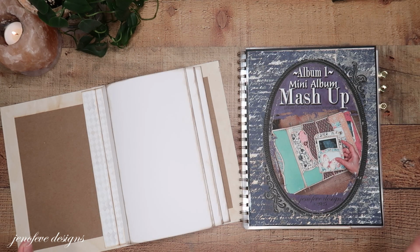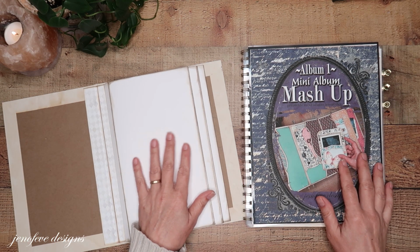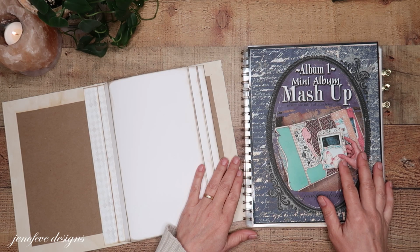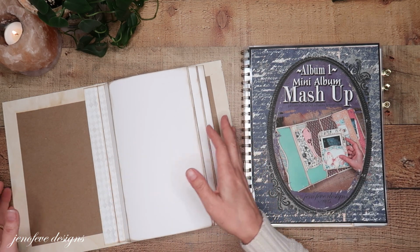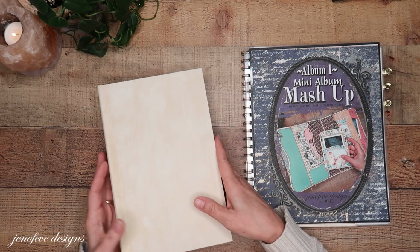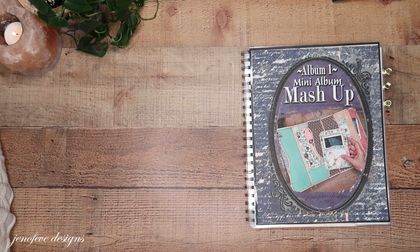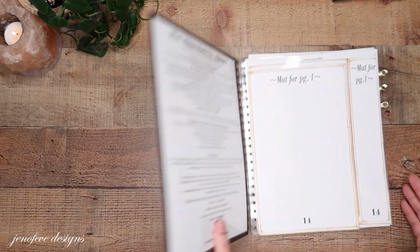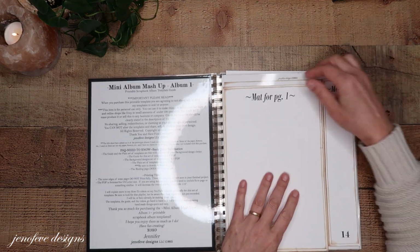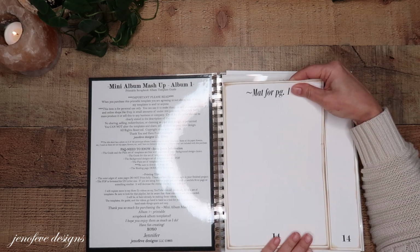Okay, so I have started to prep for this page setup, and I haven't completely finished it, so we're just going to do it together. So this one might be a long video, and there'll be timestamps. So if you need to skip around, feel free. All right, so I will show you what I've got printed and what I've got cut out,